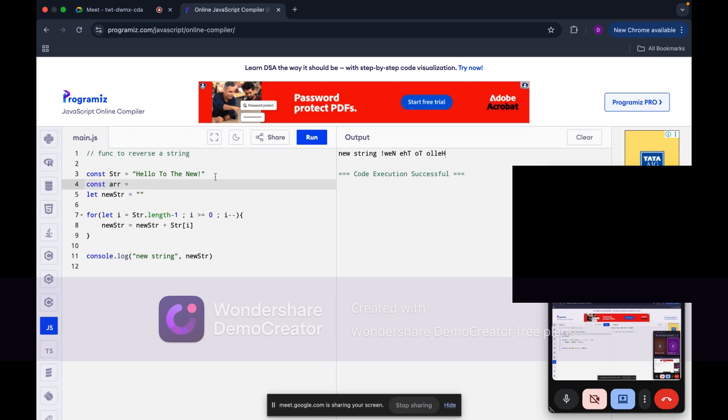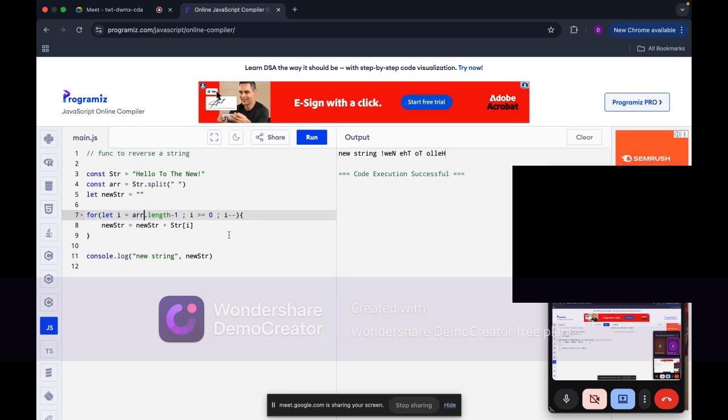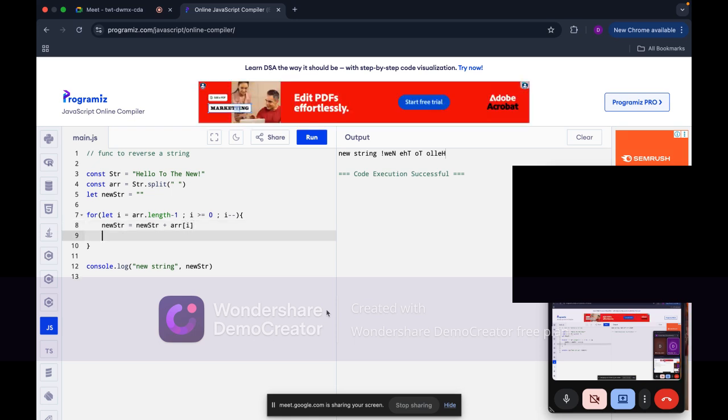arr equals to str.split on the basis of spaces, and I will say arr.length minus 1, reverse new string equals to arr.length minus 1, and then I'll say while i is greater than 0, I will start the new string, showing new string plus arr of i, and it would be adding a space every time, and if i is not equal to 0 I will add